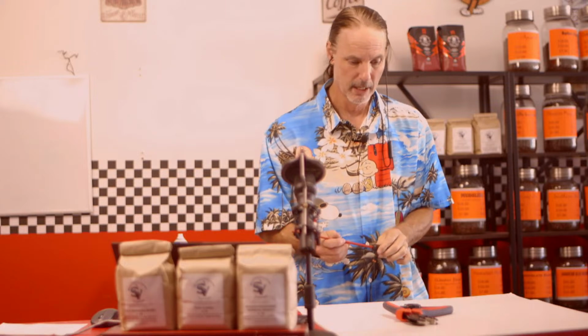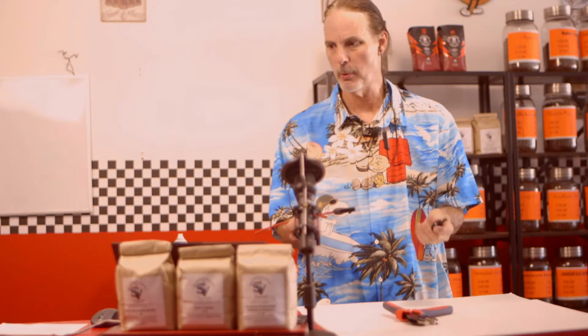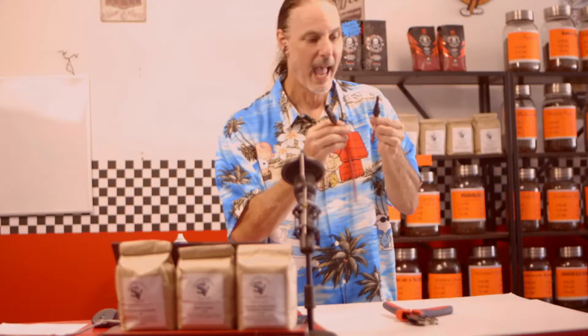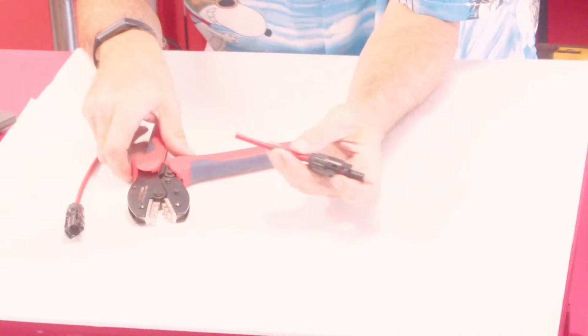Now, I also want to do a little disclaimer at this point, and unfortunately I've got to do this. I am not an electrician. I do not suggest that if you are not comfortable with any of the things that I'm telling you. I am suggesting how I do it. I am not suggesting that this is the proper, the right, or the correct way to do it. So if you're looking for the proper, the correct, or the right way to do it, you might want to go and look for an electrician to help you to make sure. But how I did it is you